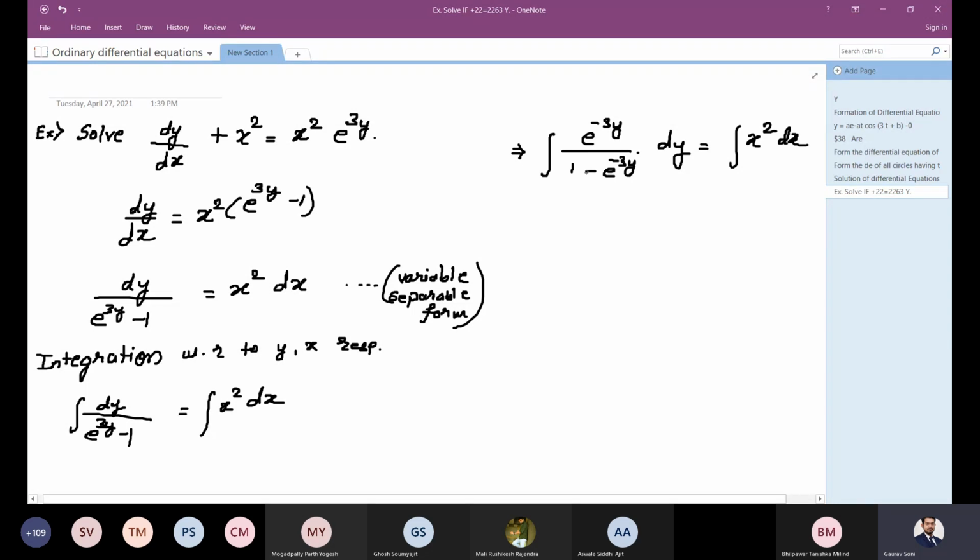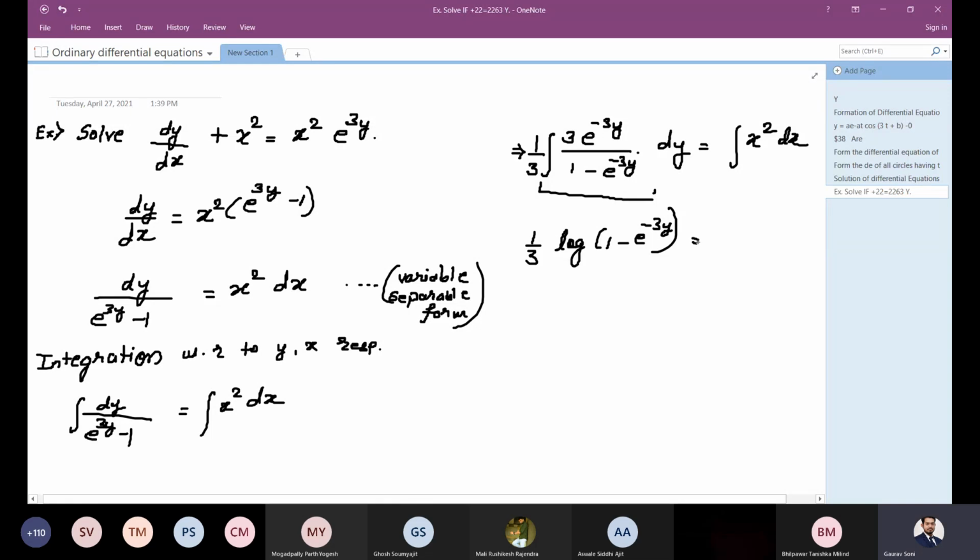Now I can adjust the derivative of this term 1 minus e to the power minus 3y. The derivative will be 3 e to the power minus 3y. So the derivative of the denominator is adjusted in the numerator. So now the integration is 1 by 3 log of 1 minus e to the power minus 3y